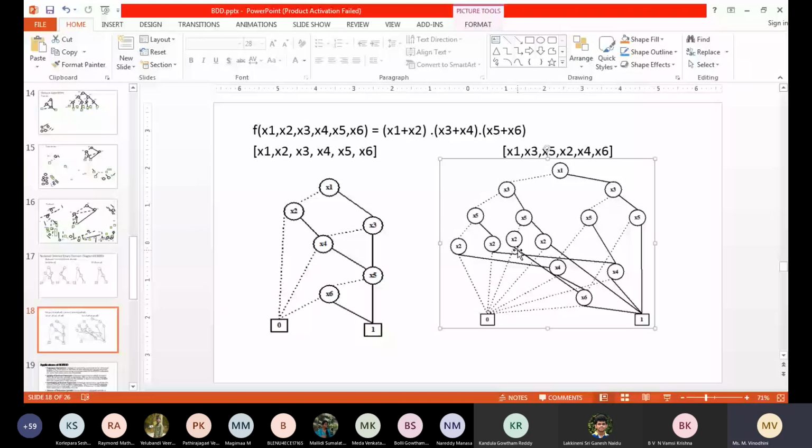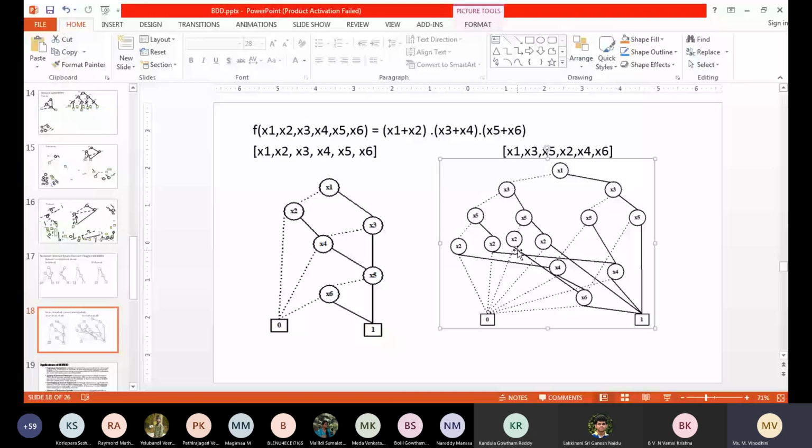Already, when we used the rules, I asked you to go with the order. When we used Shannon's expansion also, I asked you to go with the order. When we used reduce also, I asked you to go with the order. So in all the three methods, whatever we come across, I've already told you that you have to go with order. But now I'm explaining why we need to go with an order.